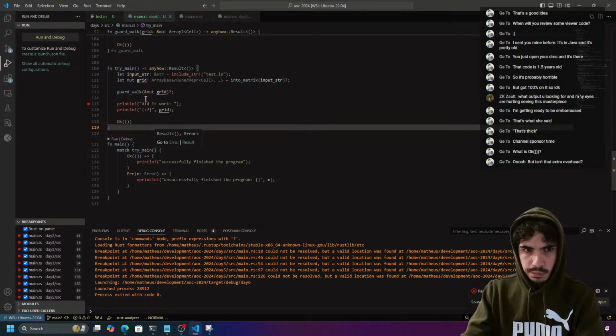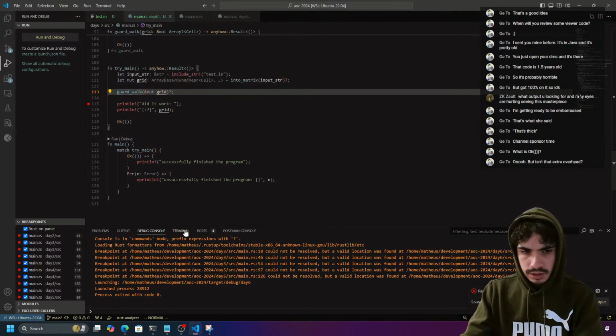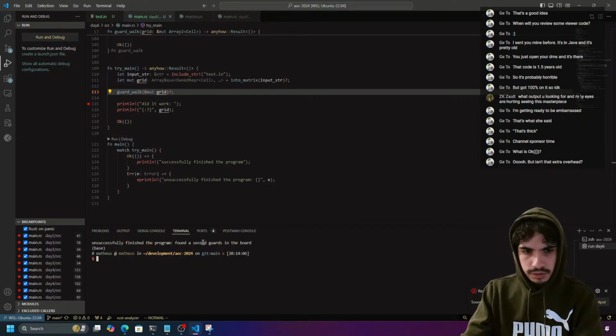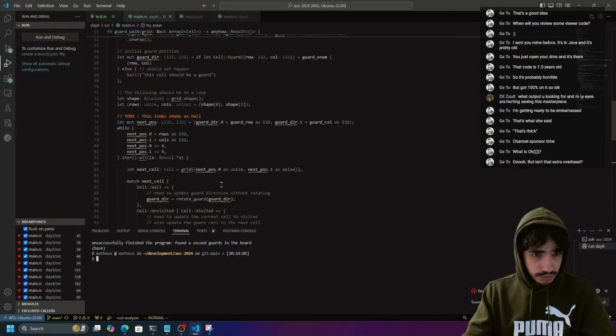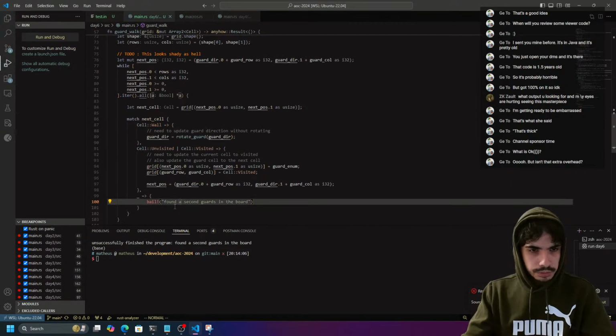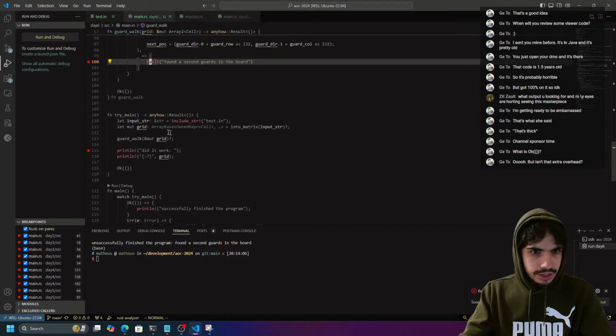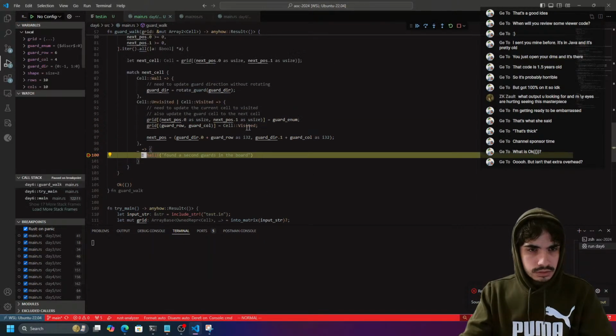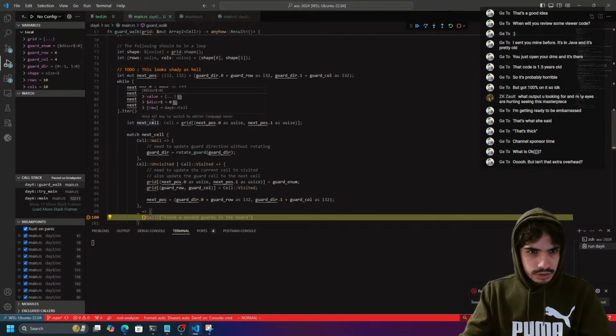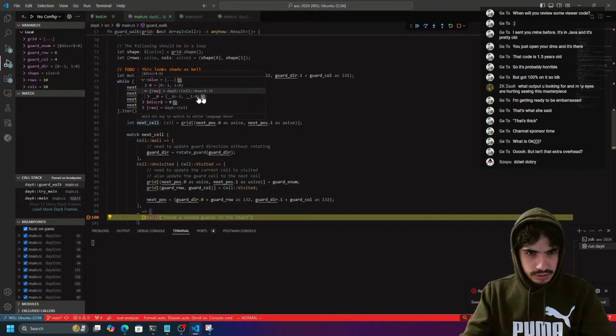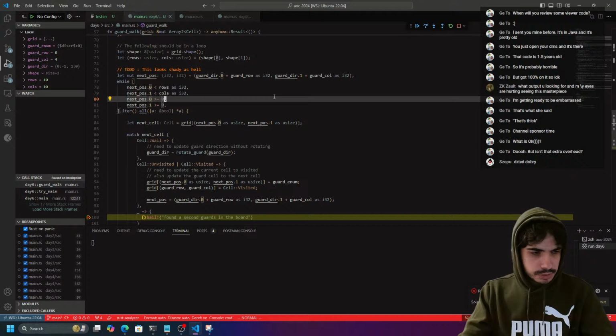Right? So it didn't work because it found a second guard on the board. So we found a second guard on the board. So basically we ended up here. That's interesting. So let's see why. So the next cell is a guard. And the next position,